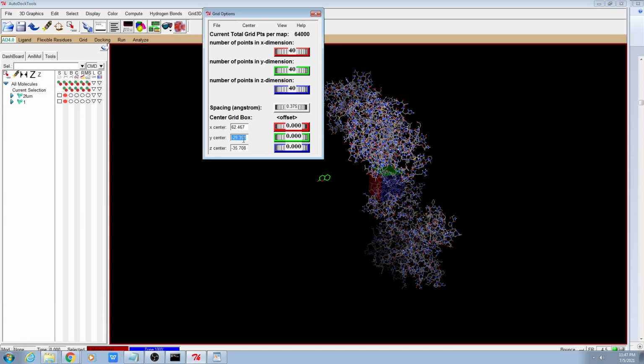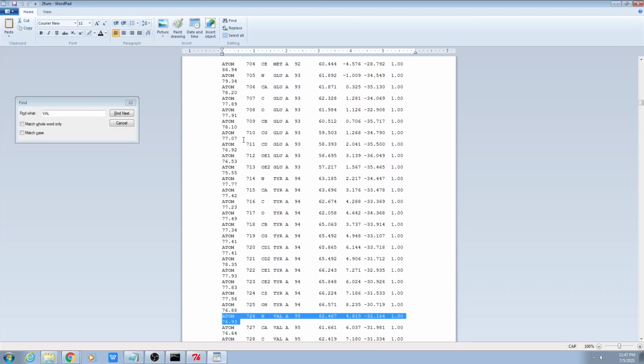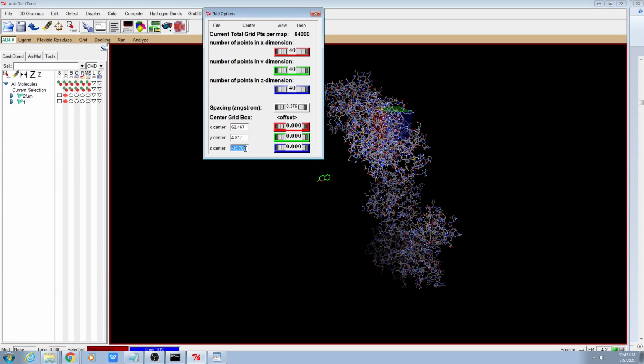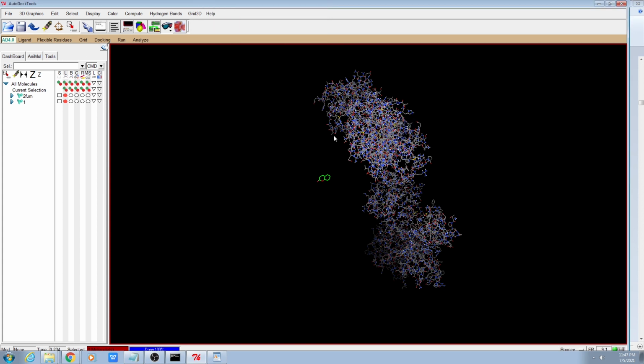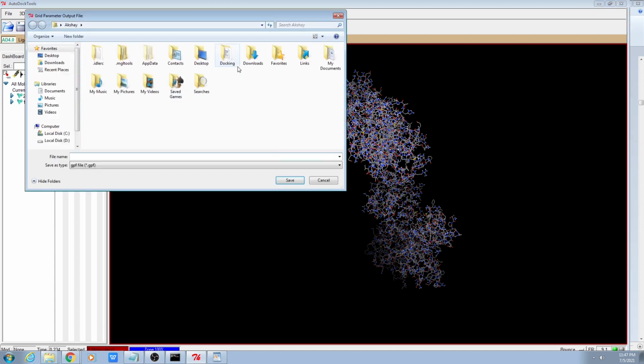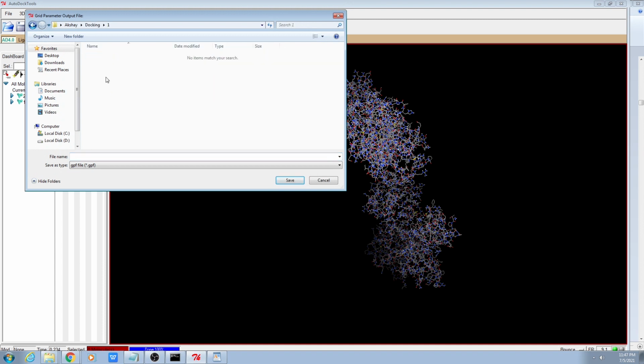You can see the box when I change the y-axis, the grid box will change its position. And the third is minus 32.164. Then File, Close, saving current.